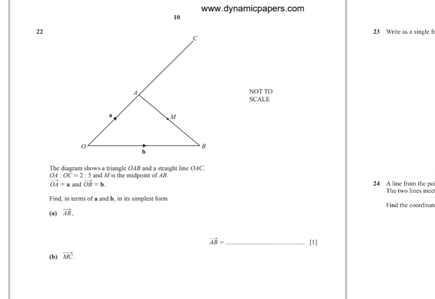AB equals AO plus OB. AO is negative A because it is in the opposite direction. OB equals B. So AB equals negative A plus B. Now find MC. To find MC,